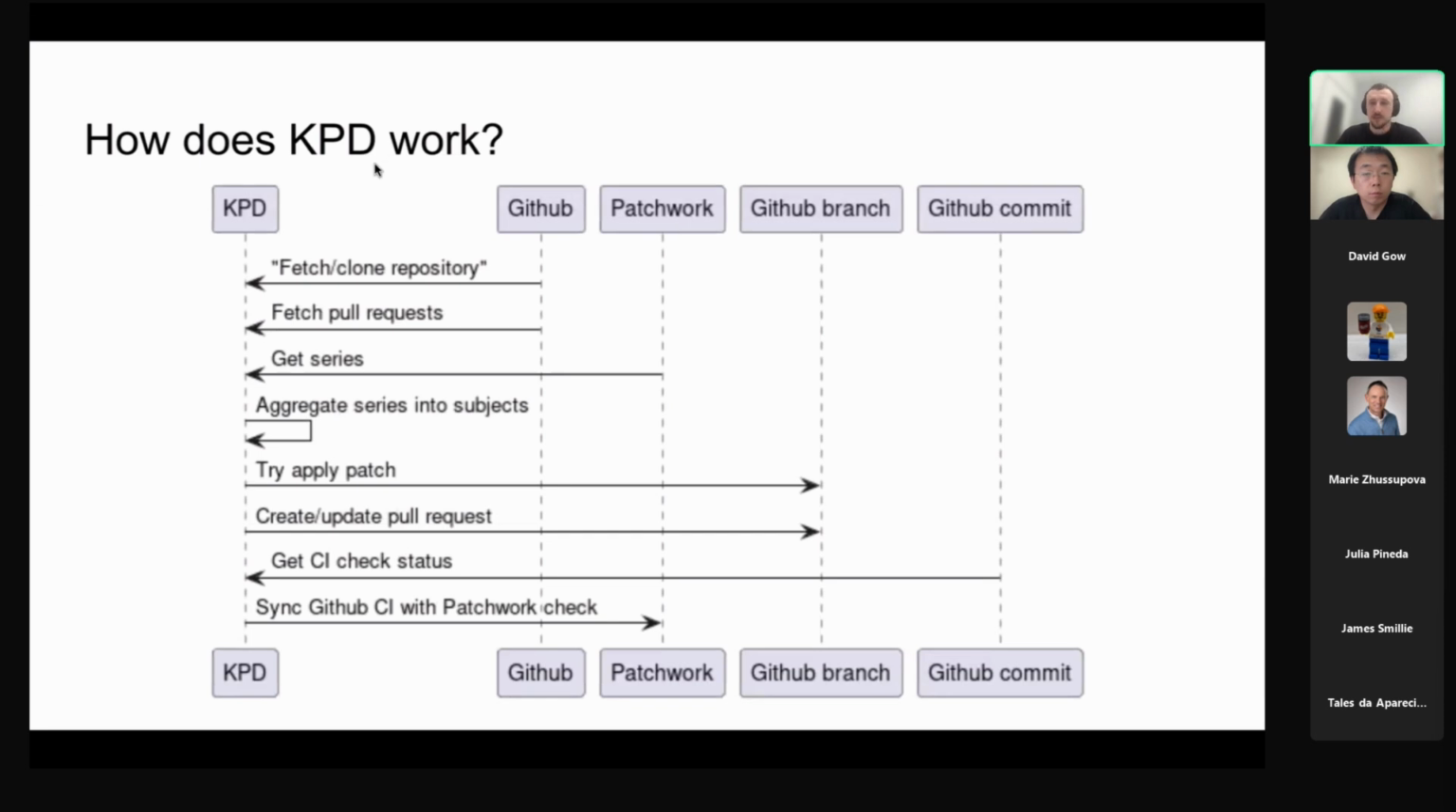Yeah, this is in a little bit more detail. What does it do? So KPD runs on some server. It clones your mirror GitHub repository. It asks GitHub for all the open pull requests. Then it asks patchwork